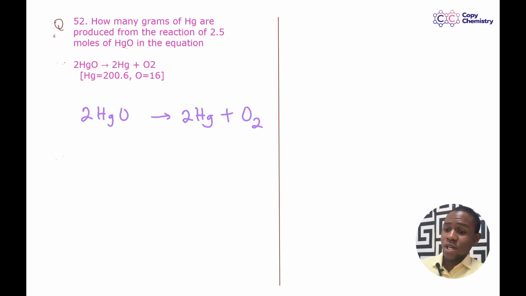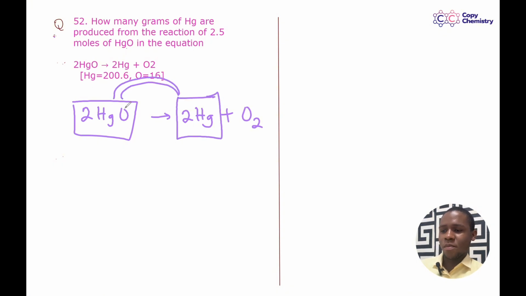2.5 moles of HgO, that's our starting point. And we want to figure out the grams of Hg, this one here, that will be formed. So this is what we're comparing there. 2 moles of HgO clearly gives us 2 moles of Hg. So that's very nice. Now let's figure out how many moles is